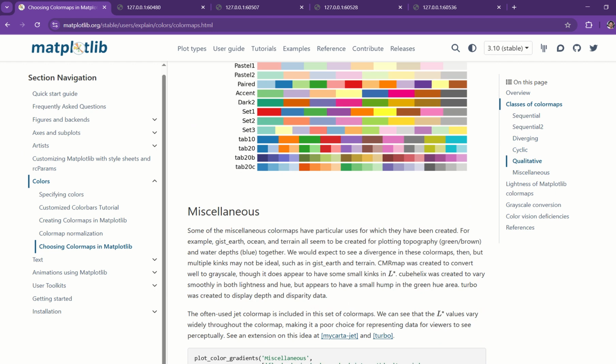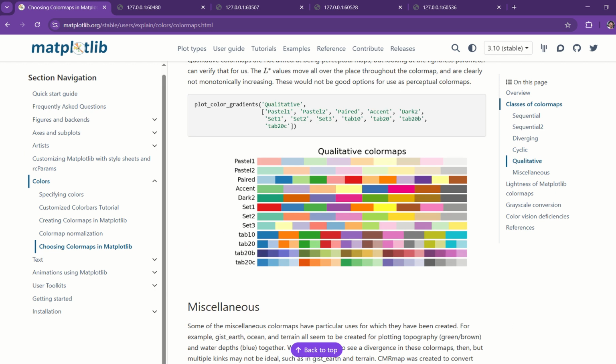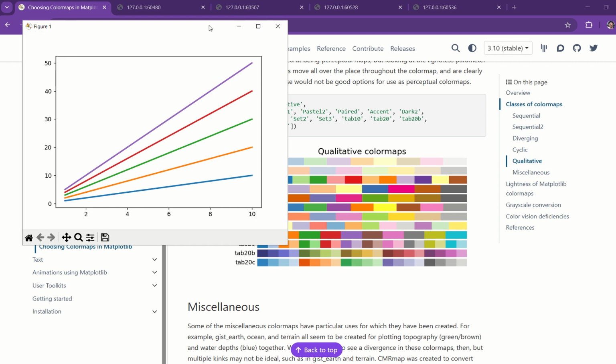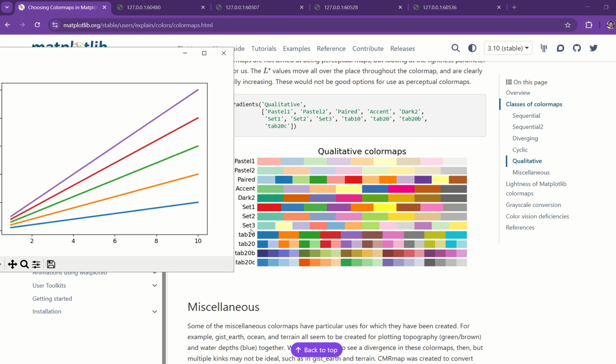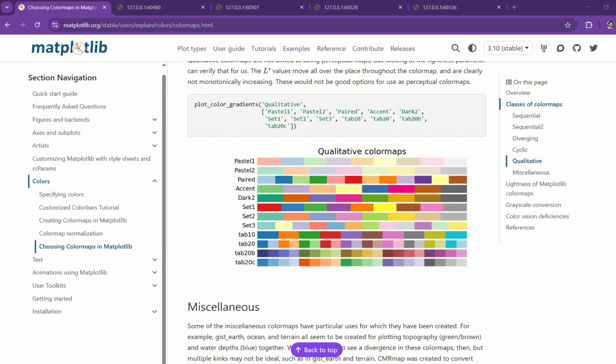Let's go to qualitative and then tab10 and check the colors. The first one, as you can see, is blue, and then the second one is orange, the third one is green, and then red, and then purple. So it is working perfectly fine. So I'm done with